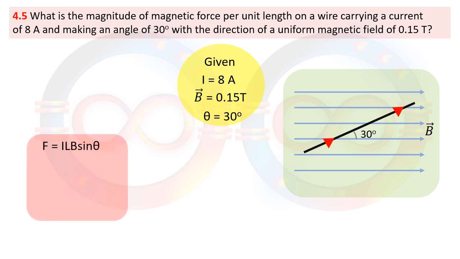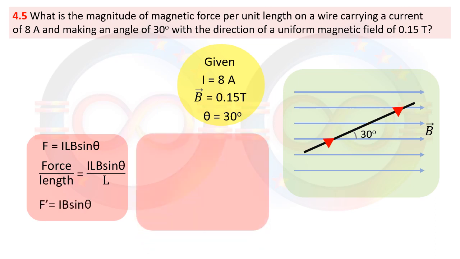it is nothing but F is equal to I L B sine theta, or I L cross B. So I is the current, L is the length of the conductor, B is the magnetic field in which it is placed, and the angle is the inclination between the wire and the field. But in the question it is being asked, find the magnetic force per unit length. So for force per unit length, L would get cancelled and it becomes I B